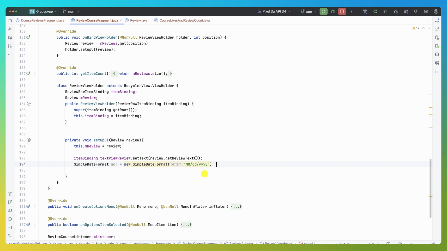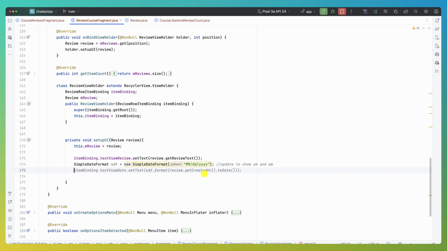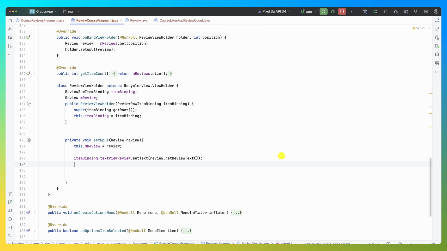Alright, we also want to update AM and PM. Okay, so I want to do that. So basically I want it also with AM and PM. So this is our... I can go and look it up, but let's try to see if GPT can help us here. SimpleDateFormat to display,